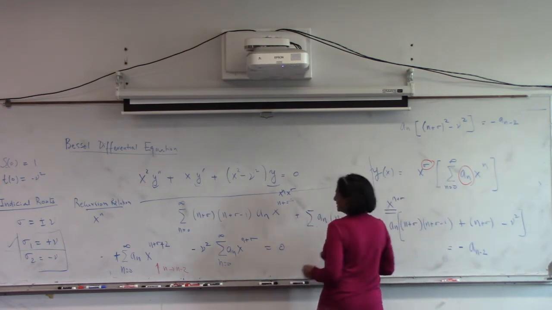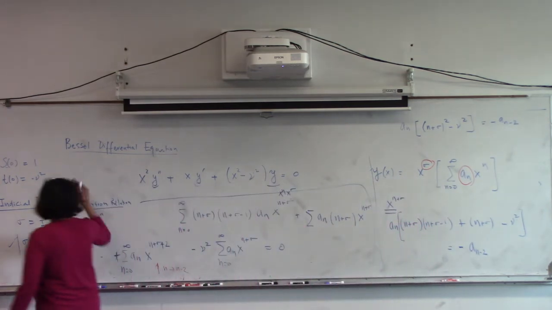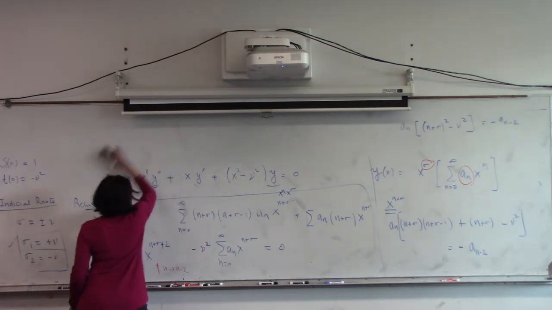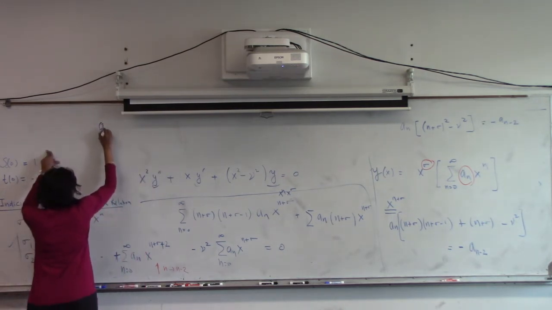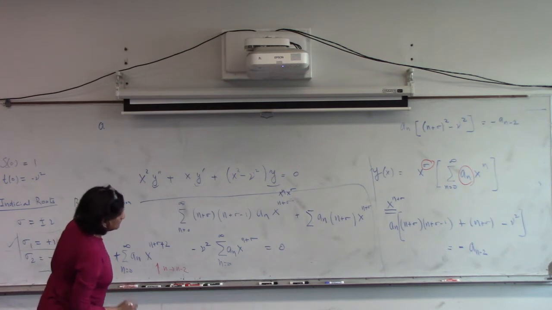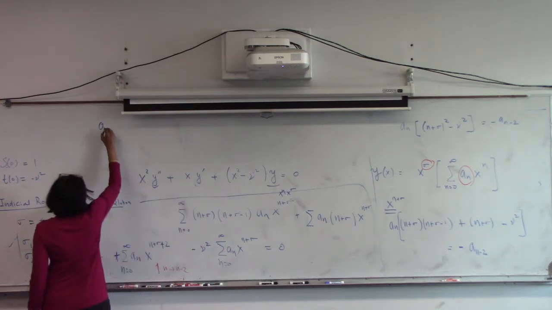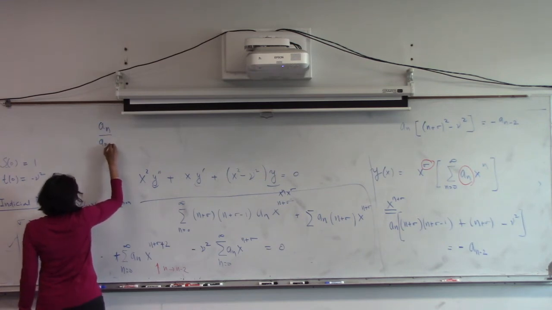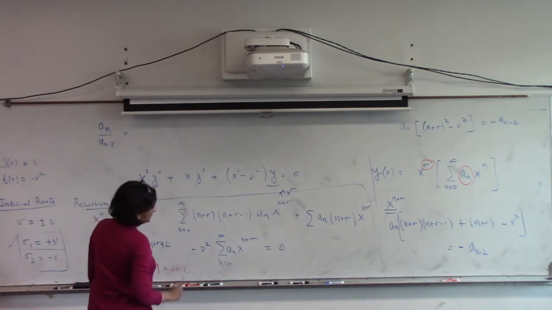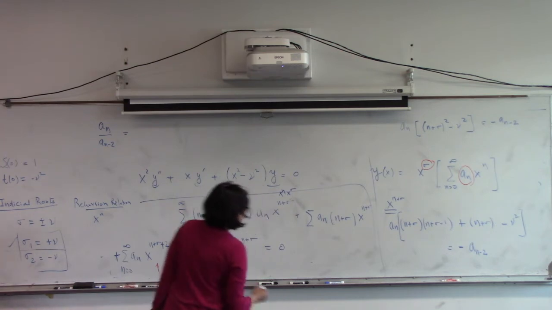Or the recursion relationship would be a sub n over a sub n minus 2 is nothing but negative